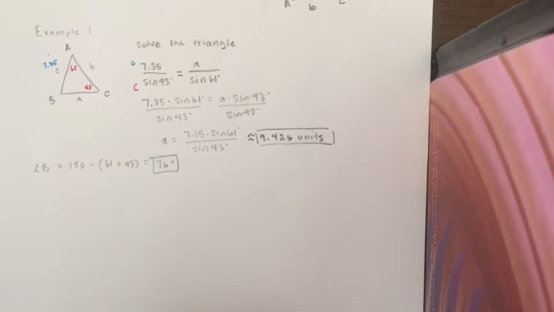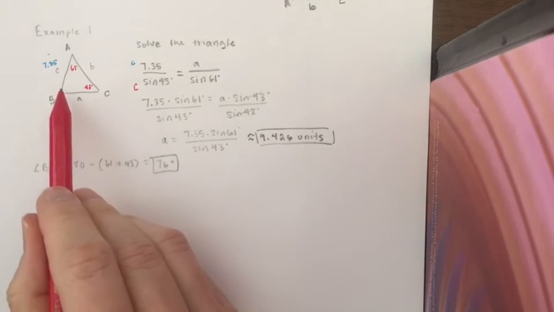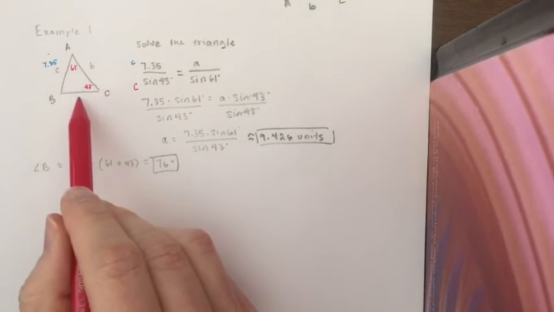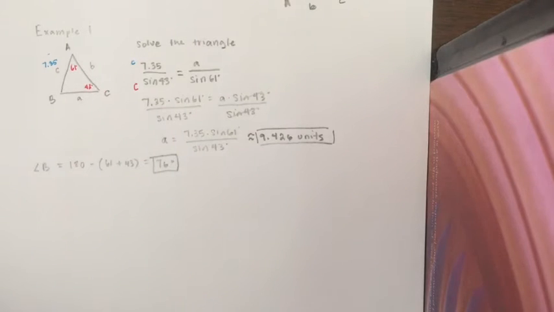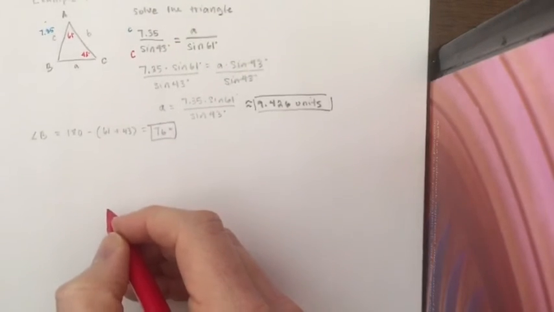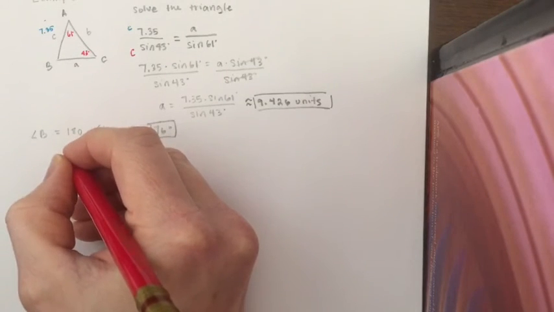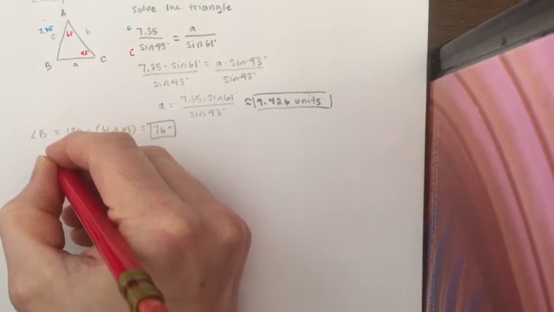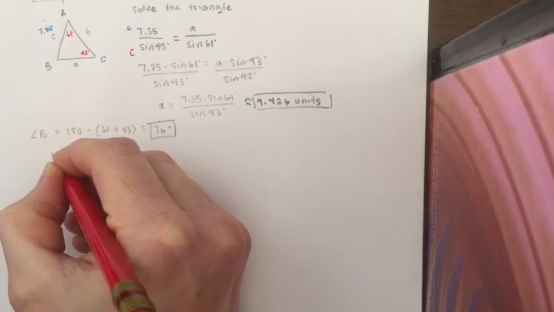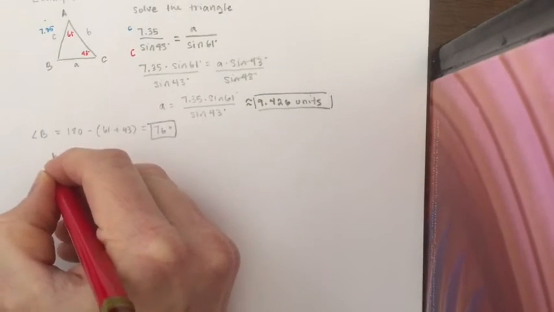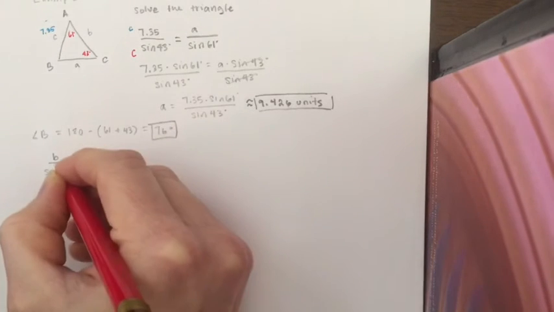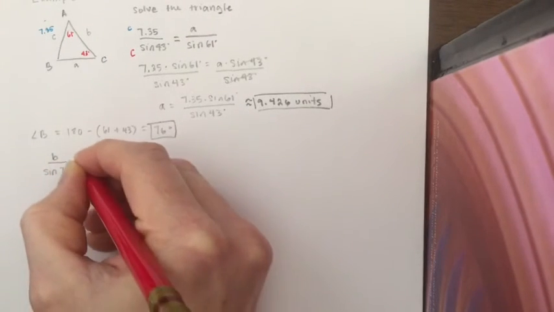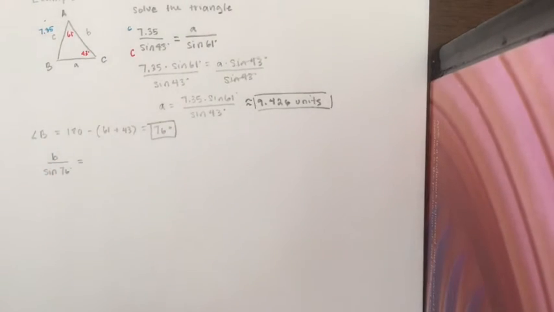All right, so with that piece of information at hand, we're ready to solve for the last missing side. So now we know all three angles, we know two of the sides, we need to solve for side B. So again, we could use law of sines for this. So we're trying to solve for side B, so that would be B divided by the sine of angle B, which we just figured out, which is 76 degrees. And then we set that equal to,